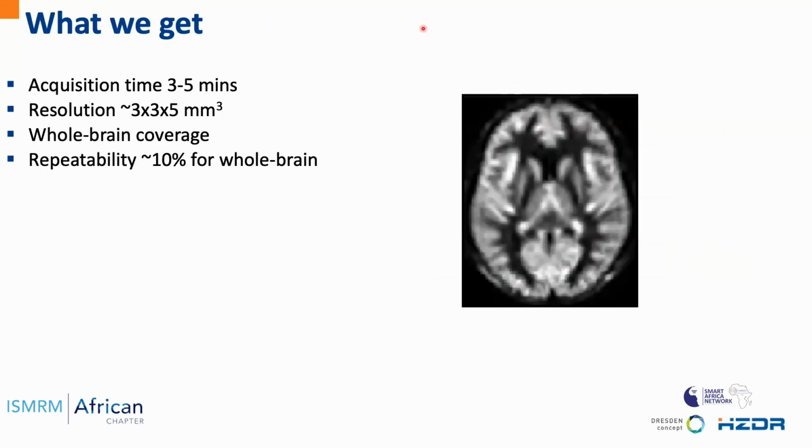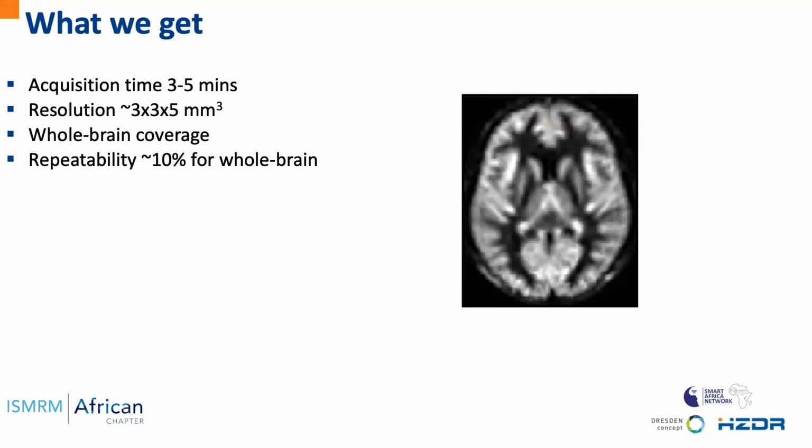Here is an example slice from the CBF map. To obtain images of such quality, we usually need an acquisition time of 3 to 5 minutes, which is pretty good also for clinical applications. ASL resolution is usually around 3 by 3 by 5 millimeters, though we can choose also slightly better resolution. At 3 Tesla and at 7 Tesla, we can get resolution up to 2 by 2 by